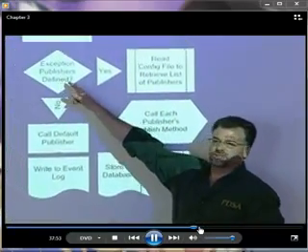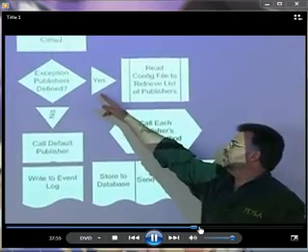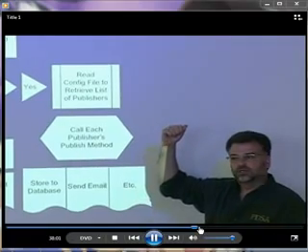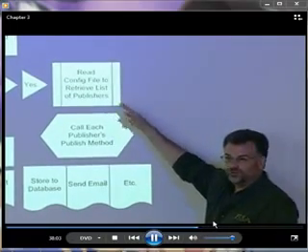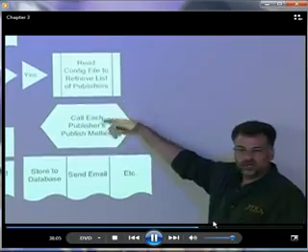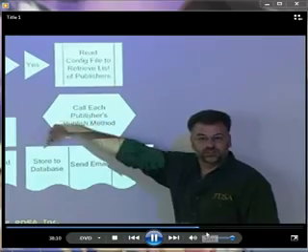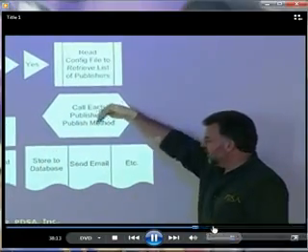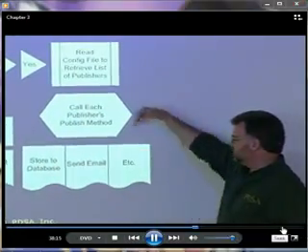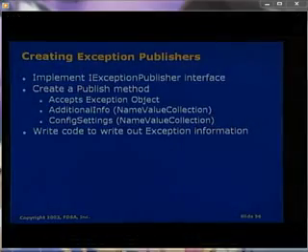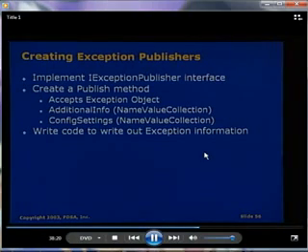If we do have additional exception publishers defined, then it's going to read the config file list of publishers, and then loop through that list, and for each of those publishers, call the publish method on each one. So you may have a publisher that says store to a database table. You may have one that says send an email. You may have one that says write out a text file, et cetera. What do you have to do to create a new exception publisher? What you have to do is implement an interface that they give you in one of these DLLs. And then